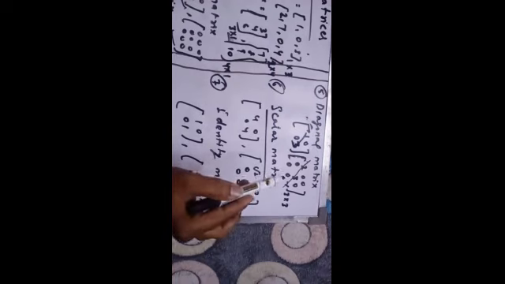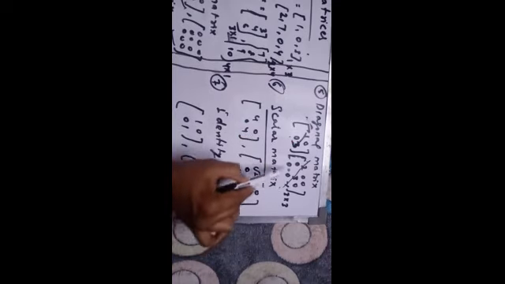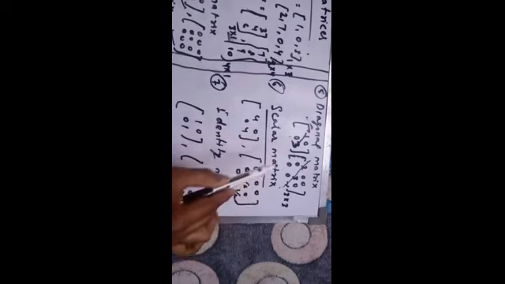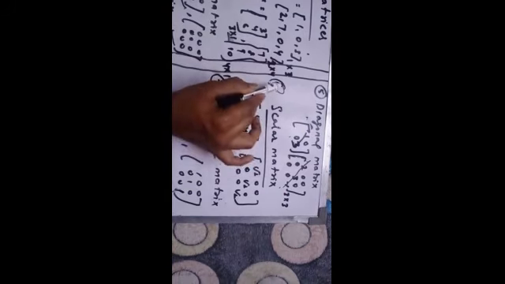So if the elements are only present in diagonals and the other elements are 0, then it is known as a diagonal matrix. And please be careful that it must be a square matrix. Fine. So in a square matrix, if the elements are coming only in diagonal form and our other elements are 0, then it is known as a diagonal matrix. Is it clear?